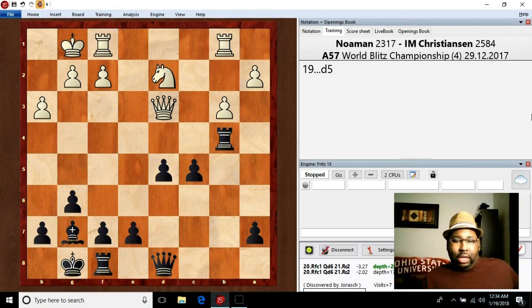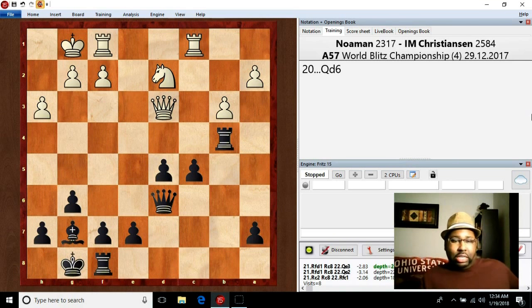Now you have d5. So black has these pawns in the middle. So he said, okay, now it's time to go ahead and push them. Rook c1, queen d6, getting the queen in a more active position to protect his pawns that he's getting ready to push. Defend the c5 pawn that was hit by the rook. Rook d1,